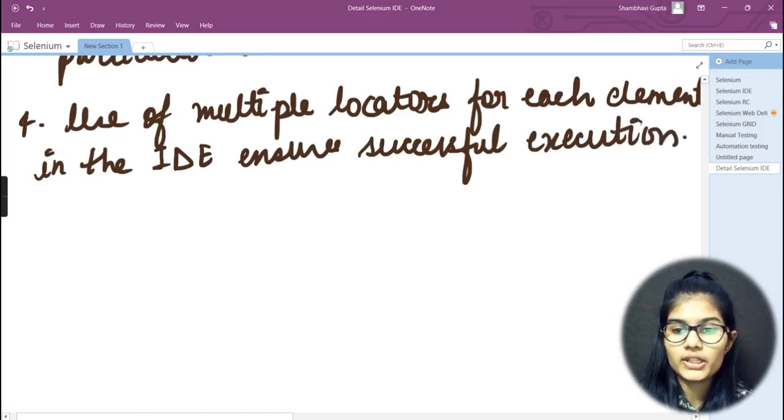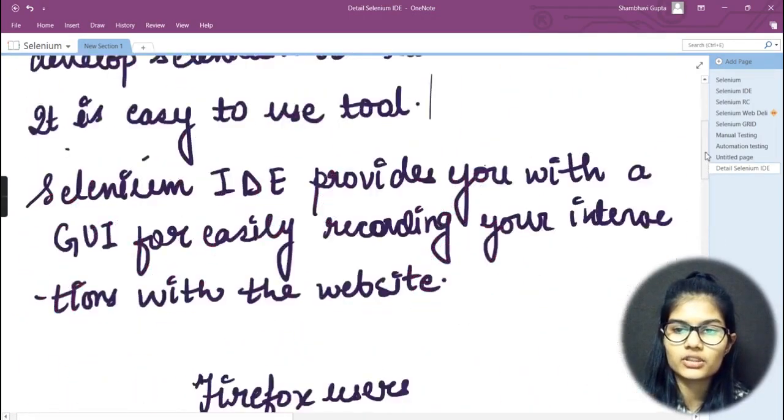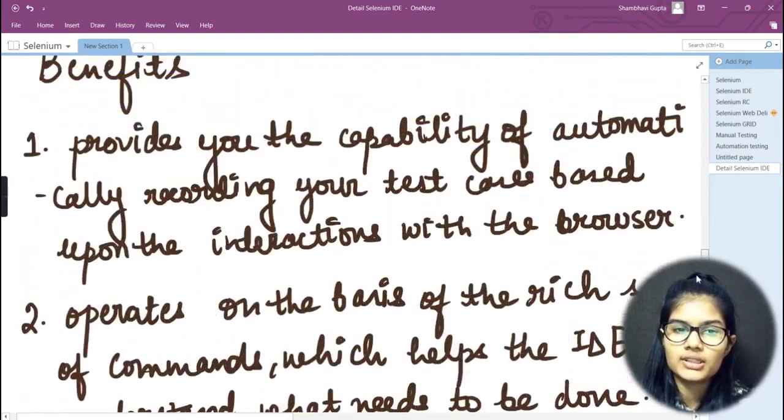The use of multiple locators for each element in the IDE ensures the successful execution. Right, so this is the next benefit which we are having for the Selenium IDE. Right, so hope I'm very much clear with this particular thing, that what are the benefits of using the Selenium